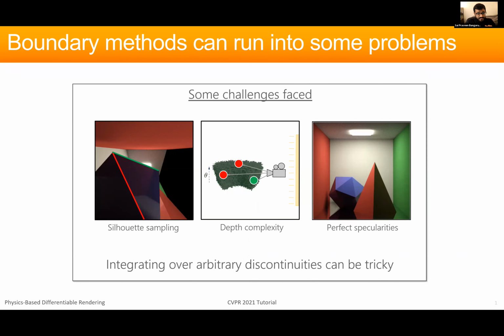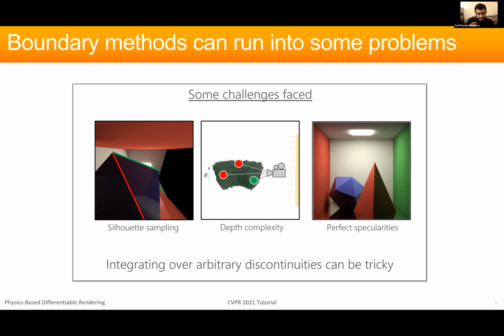And we usually call this the depth complexity problem. Especially in extremely dense geometry, you see that edge sampling can take quite a hit. And the methods also have issues when you want to use them with perfectly specular surfaces like a mirror. This is particularly true for edge sampling, because if you sample an edge in the scene and want to